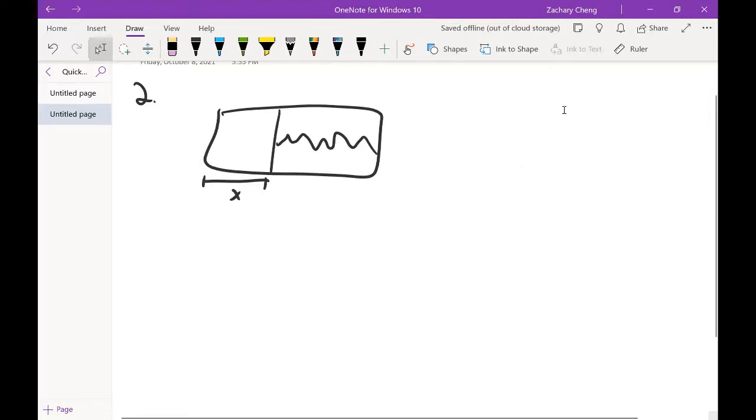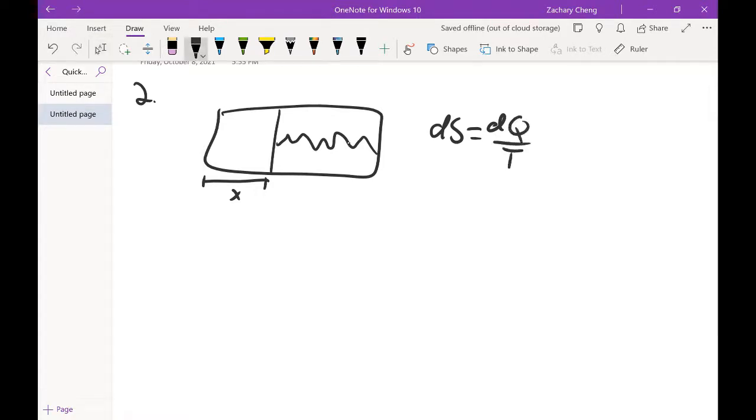Okay, so the entropy ds is equal to dw over T for the work. Wait, no. In this case it would be the same. It's actually dQ over T, but in this case it's the same as dW over T. Oh wait, or there's no d actually. I believe it would just be W over T. Yeah, dQ is just equal to W in this case, and this W is the work, and we know that